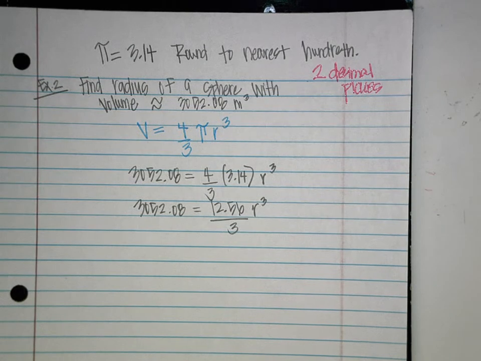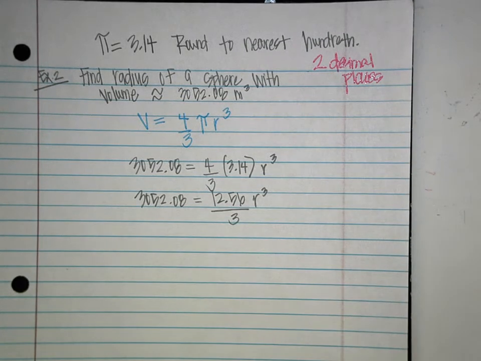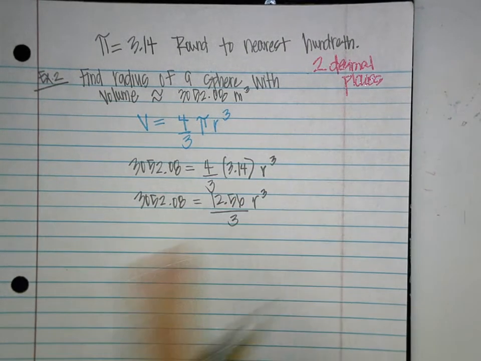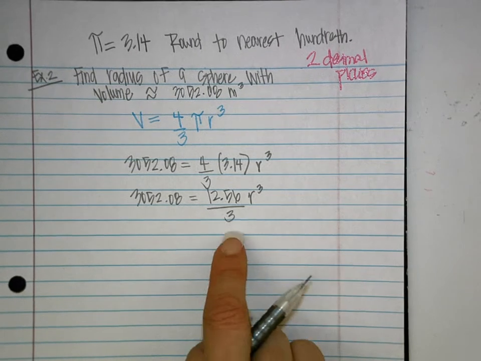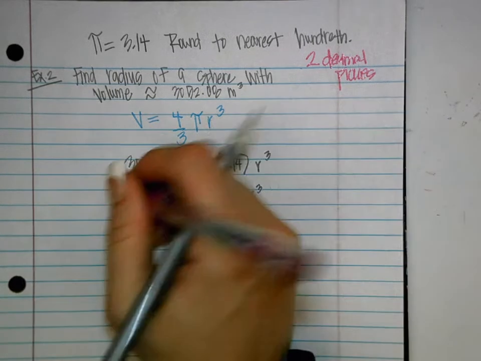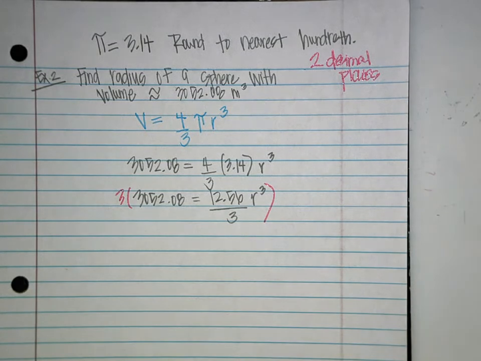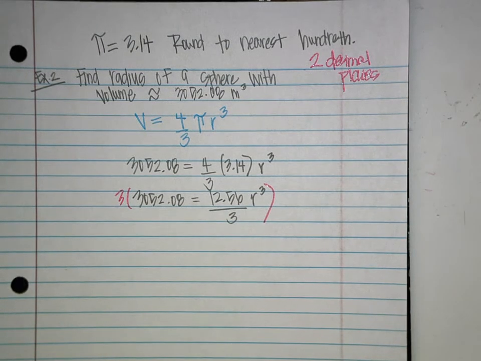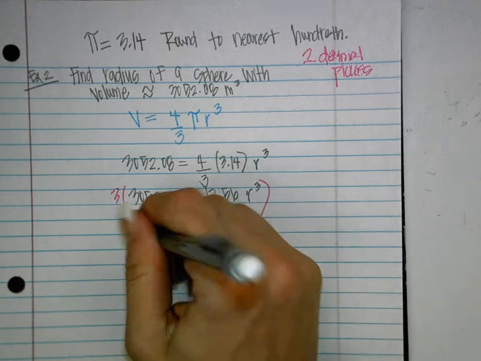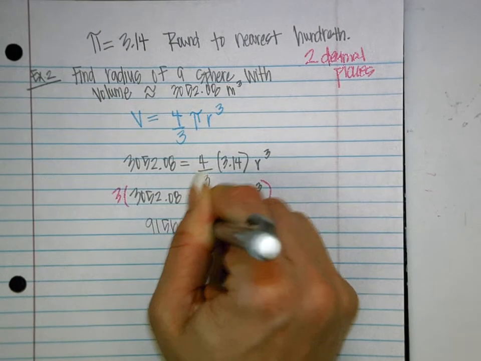Then what would we do? Divide by 3. You want to divide this by 3? I'm going to say you don't want to divide by 3 yet, because this is going to be a weird other number. The way that you could do this is you could cross multiply. Okay? You could multiply both sides by 3, basically. If you multiply both sides by 3, you got 3052.08 times 3 is 9156.24 equals